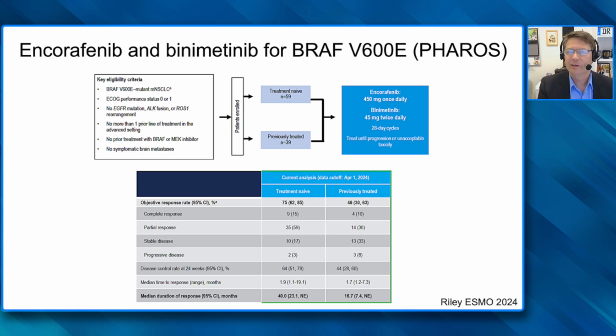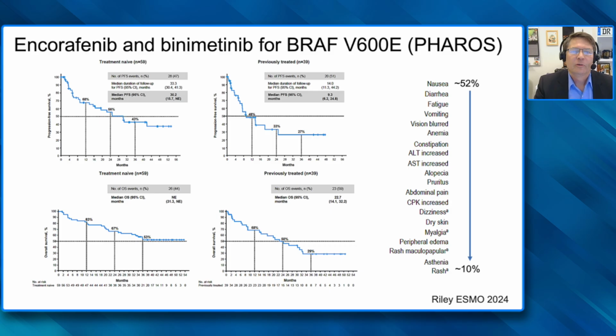Encorafenib and binimetinib are emerging for this, both in previously treated and treatment-naive patients, with response rates in 75% for treatment-naive, 46% for previously treated, and good-looking progression-free survivals. Duration of progression-free survival looking around 30 months, actually, in the first-line setting, 9 months for previously treated. Keeping in mind that dabrafenib and trametinib are also approved in non-small cell lung cancer in the same indication,